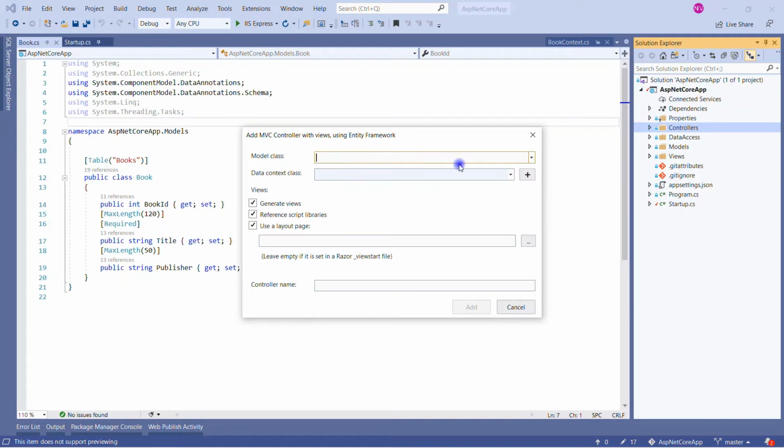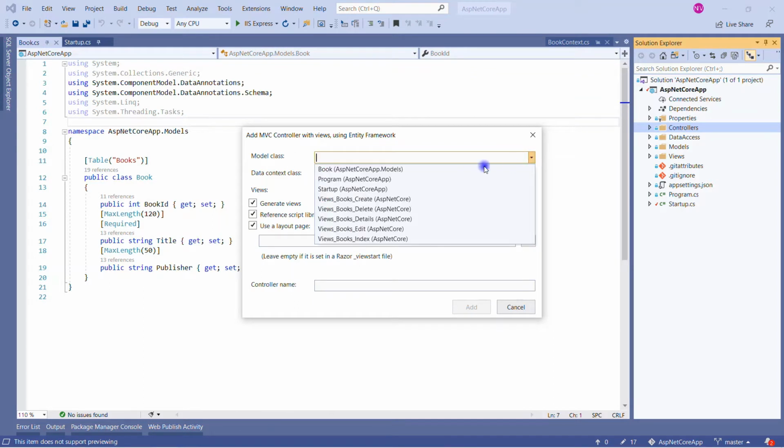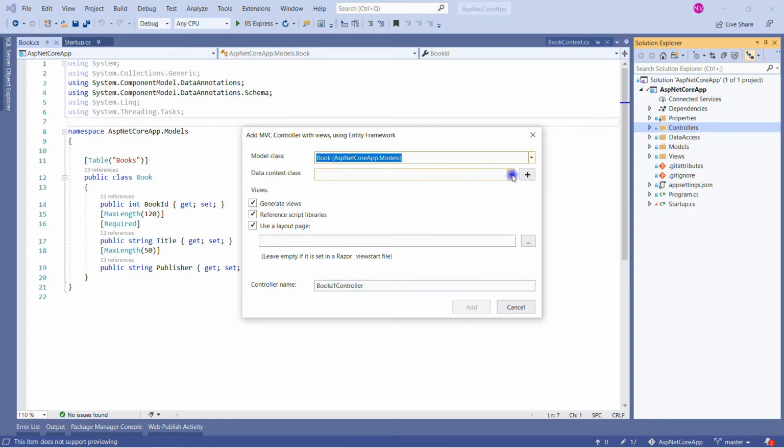From the model classes, our model is book, so we will select that one. From the DB context side, it is our book context that I have already shown you. We can leave all three checkboxes as default checked, and because as of now we don't have any layout page, in the controller name we will specify the book controller and click on add.